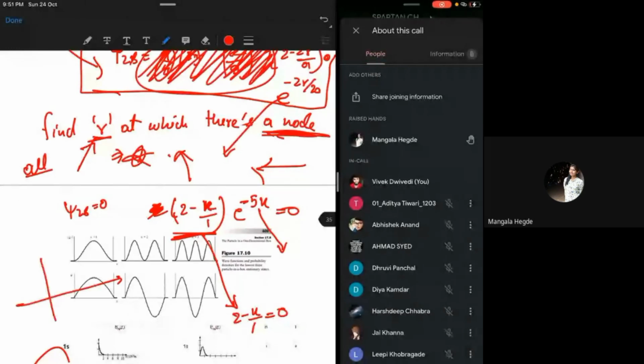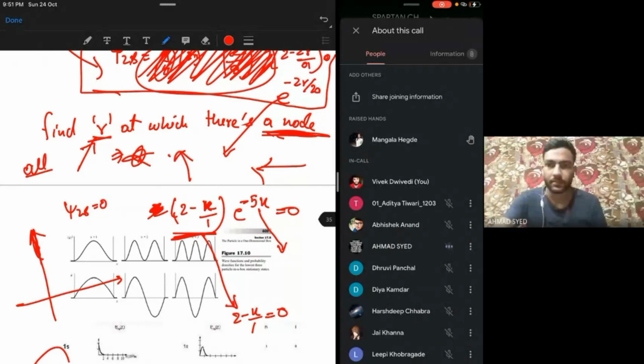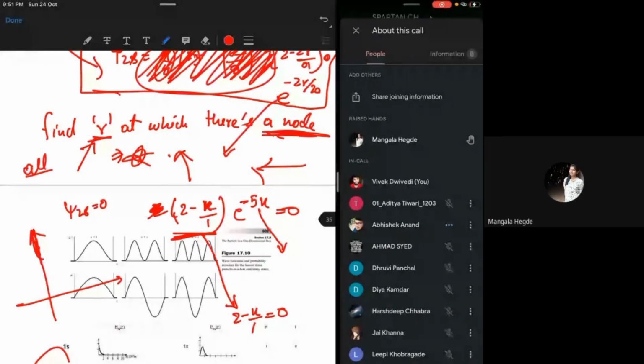So you're having a problem with the math, I hope you have reached functions. Did Soumya teach you the graph of e power minus x? Yes, sir. So Mangala, you should know then, what is the graph of e power minus x? It is this. Is it 0 anytime? It never crosses the origin. It is always positive.